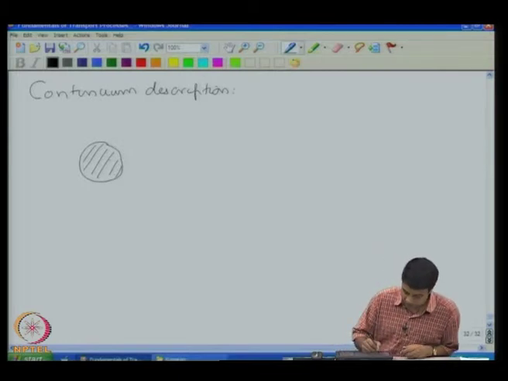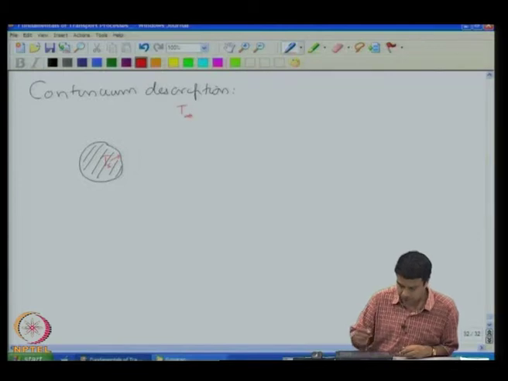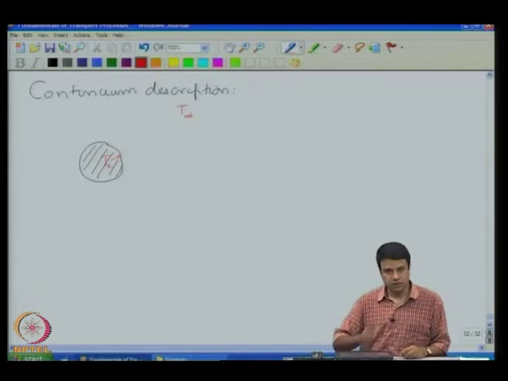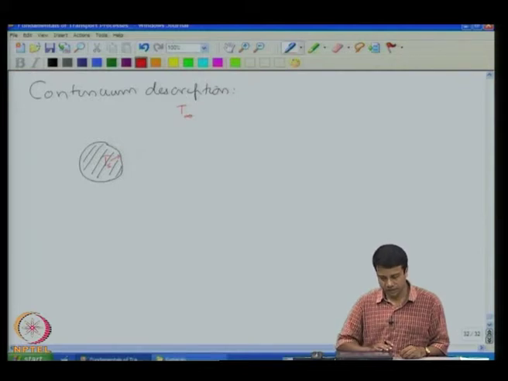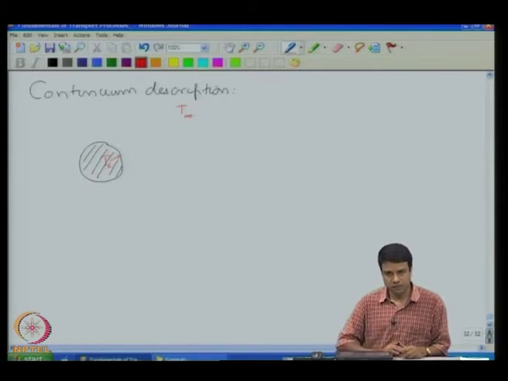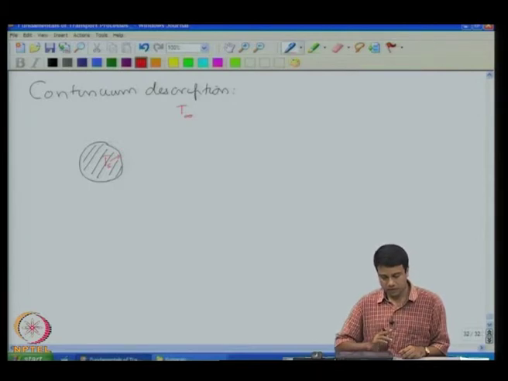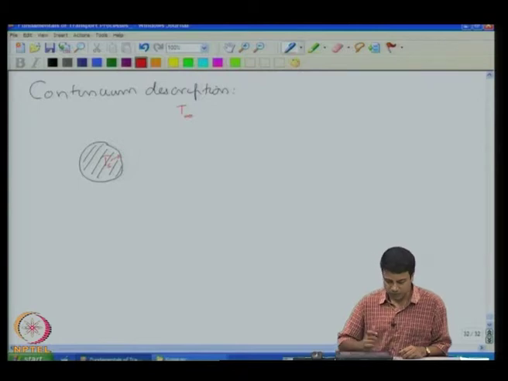The surface of the catalyst pellet had a temperature Ts, and the temperature far away was some other temperature T infinity. Okay. Of course, as you approach closer and closer, temperature is going to go from T infinity to Ts. Okay. And similarly, if I were doing a mass diffusion problem, the concentration would go from C infinity to Cs. Okay. So, in this course, we will use a continuum description where we define